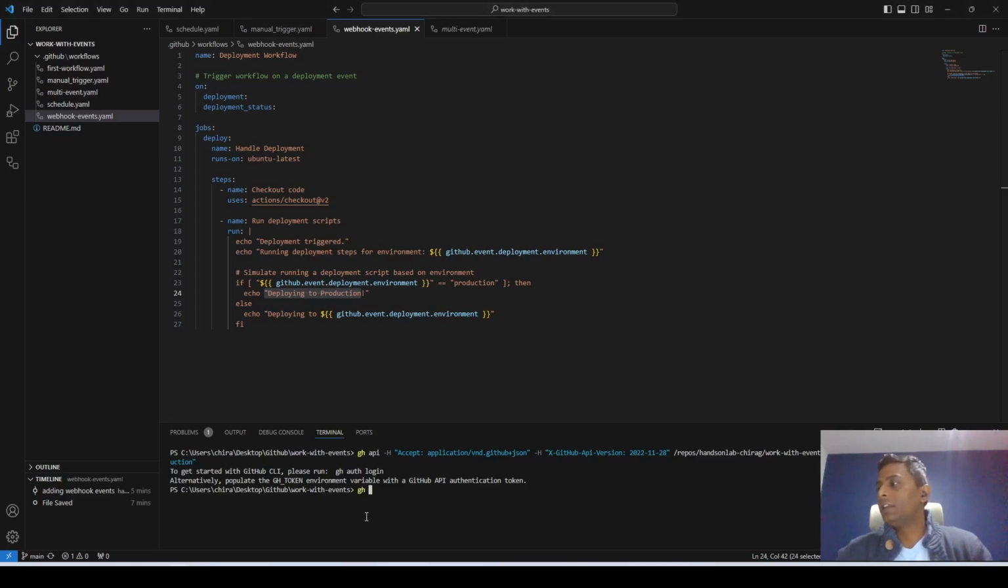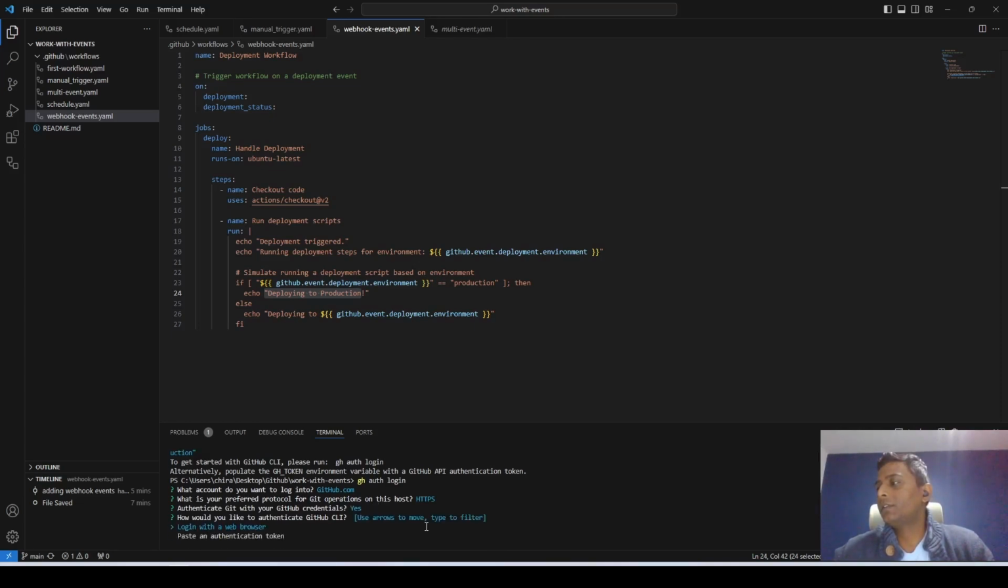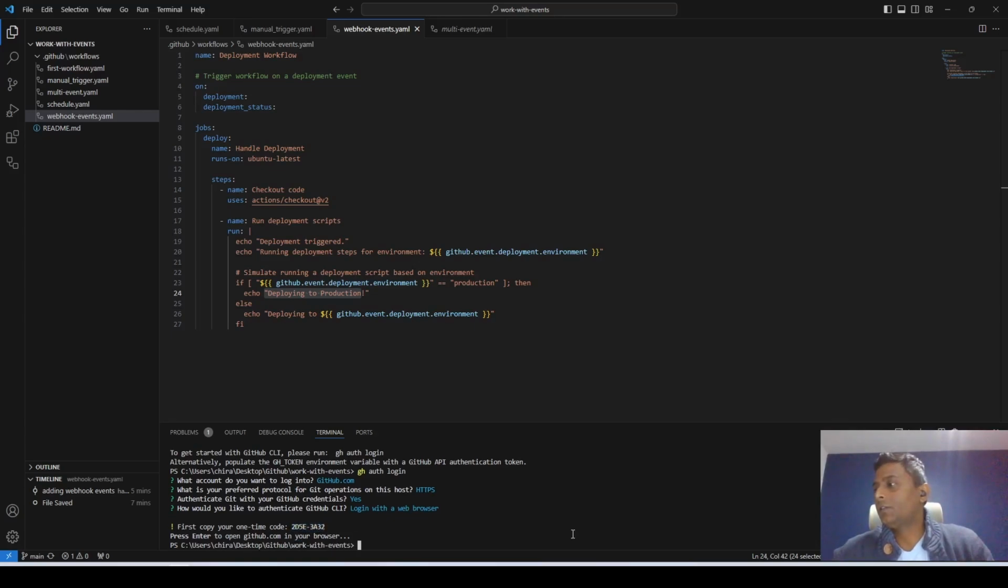So what you can do is gh auth login, and then it will ask you, are you logging in to github.com or enterprise server? I'm going to select github.com, HTTPS or SSH. I'm going to select HTTPS. That's the easiest way to do that. Say yes, authenticate GitHub credential, yes. Login with the web browser, yes. Now, if you copy this and press enter, it should,